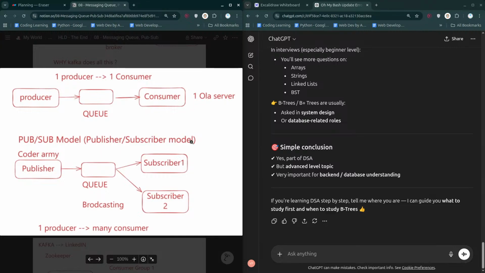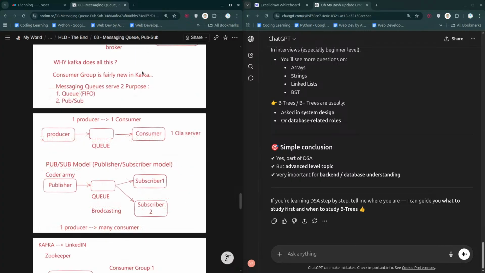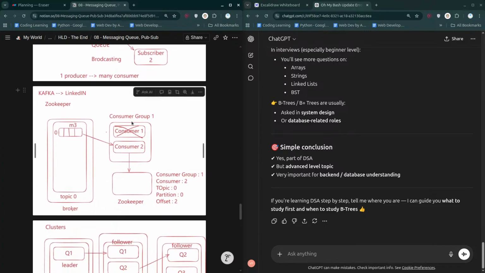And in the PubSub model, the publisher subscriber model, suppose this is the channel publisher, and then there can be multiple. Ultimately, at the end of the day, the publisher or the producer will just simply keep pushing the request to the queue, and now there can be multiple subscribers, ultimately multiple workers that may be consuming it, and hence this PubSub model was introduced. So okay, that's fine as well.